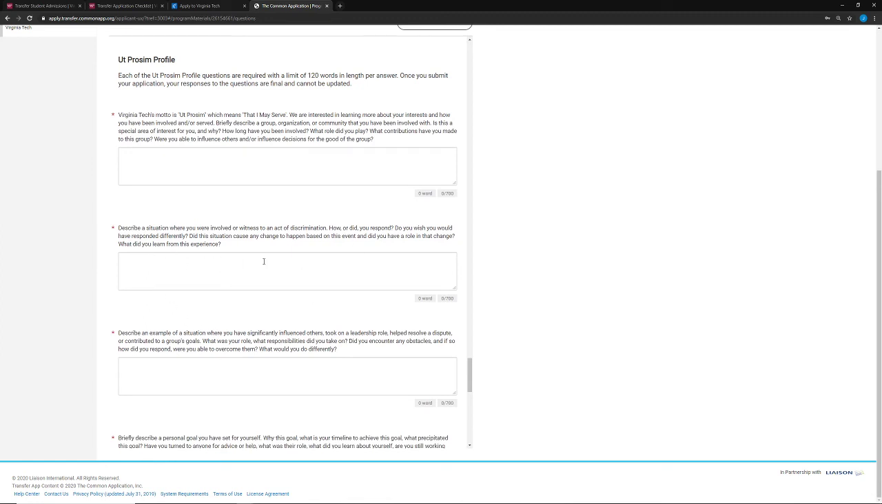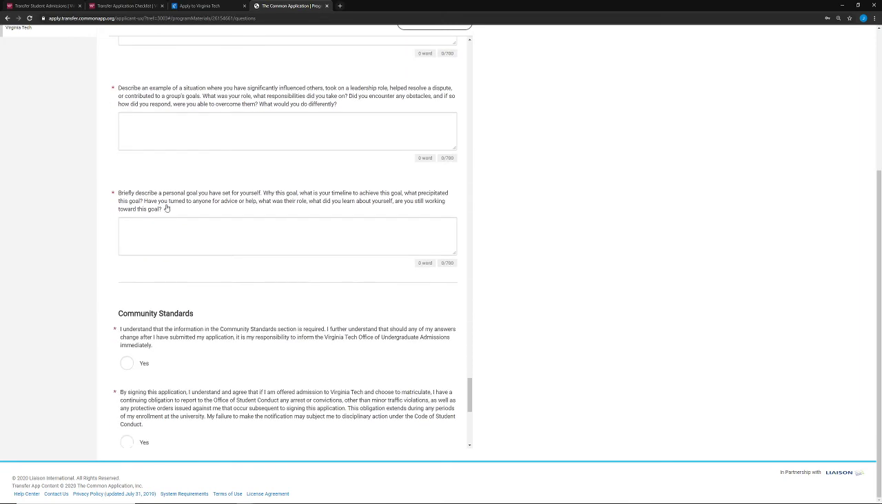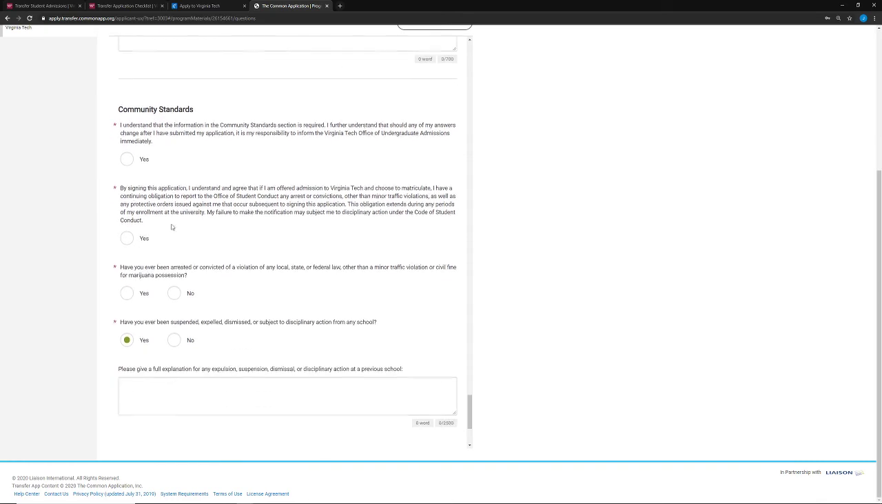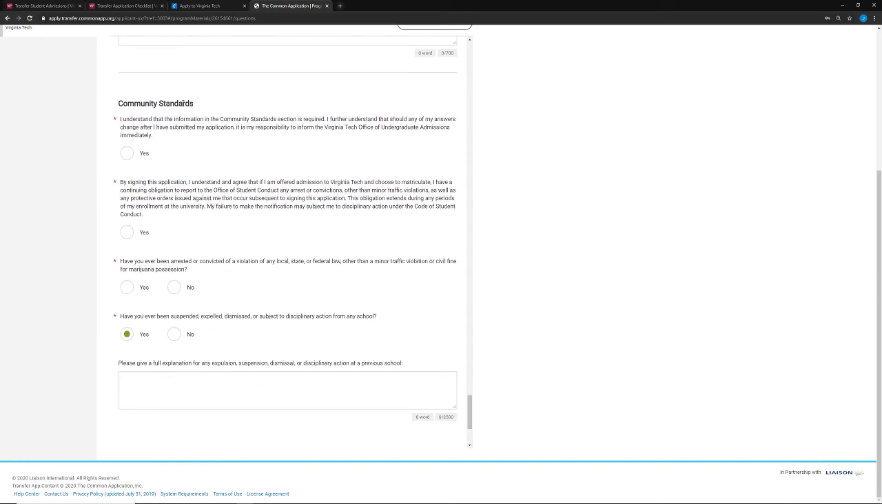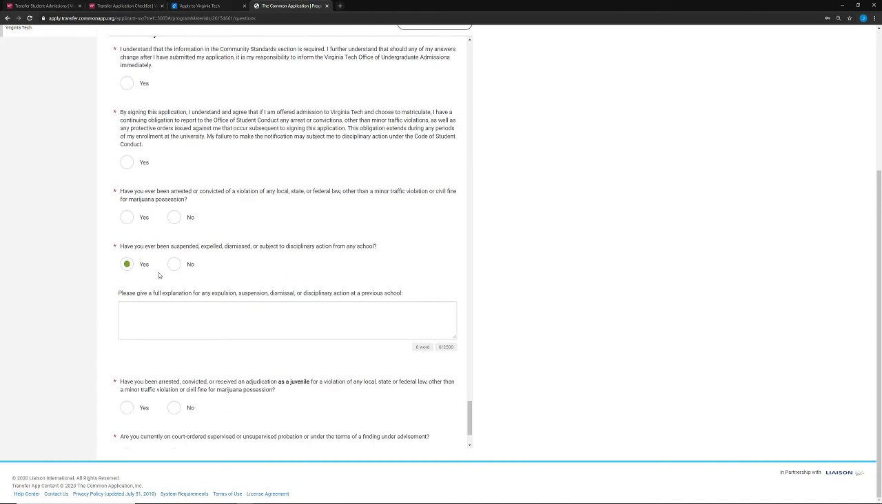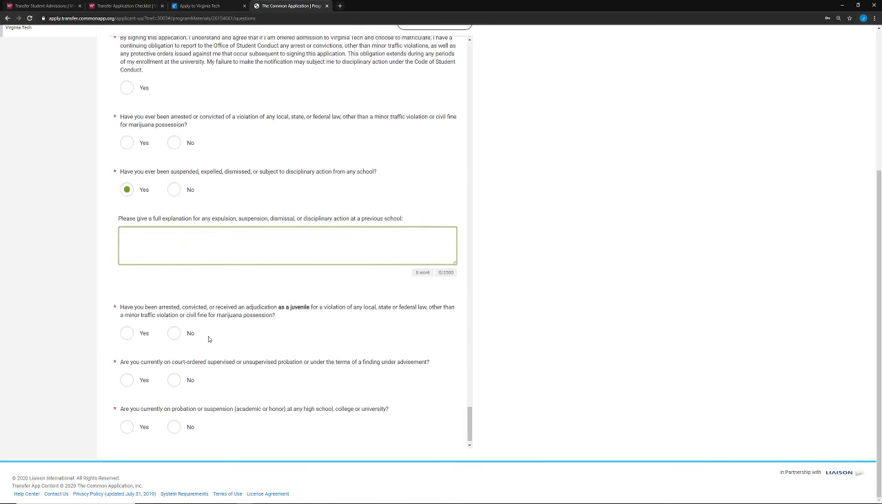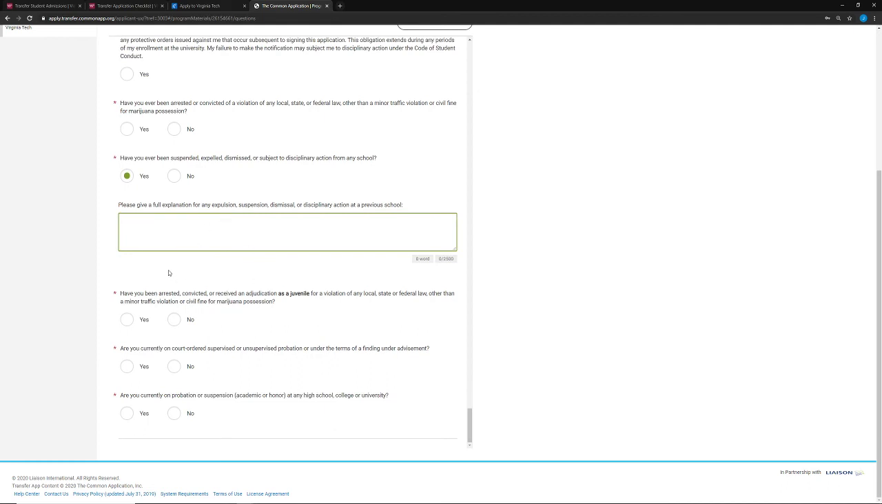So do a good job here with responding genuinely to the prompts. But this is kind of one of the last sections. The final section is going to be the community standards. So you just tell us about any disciplinary issues that you may have had, legal or at another institution. If you answer yes, a box will populate that says you have to give us a full explanation. If you do have to tell us about something, more information is typically better than less. So give us the kind of full explanation of what happened, everything like that, and then you'll be able to